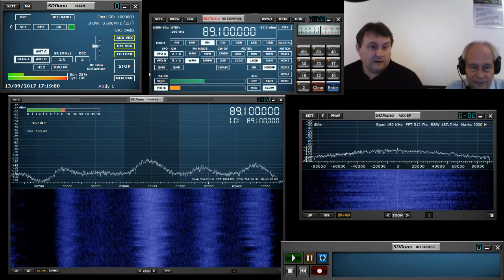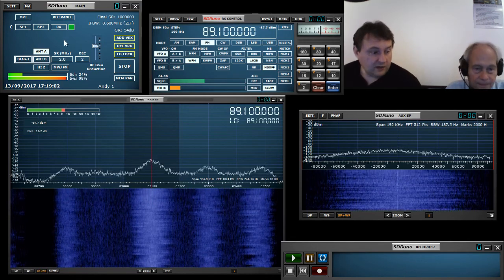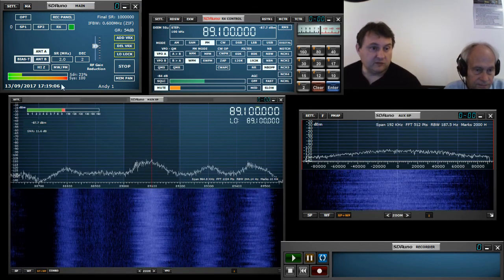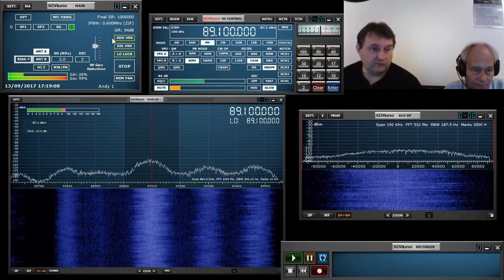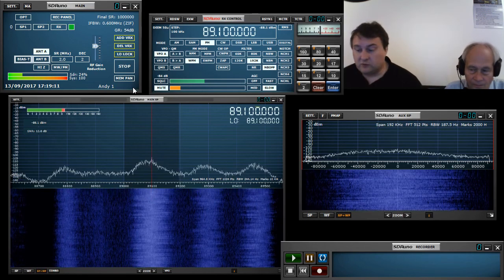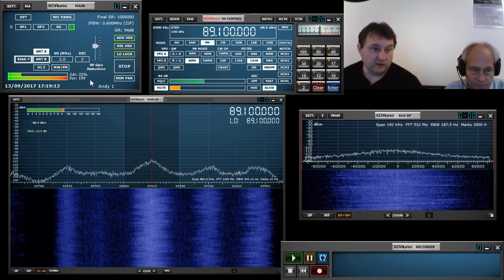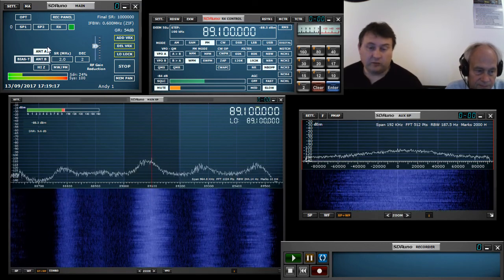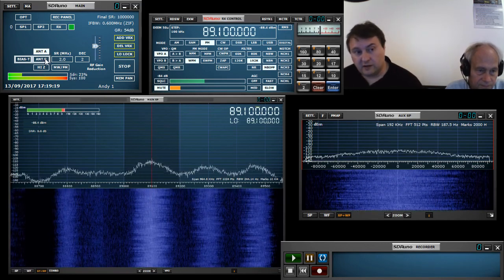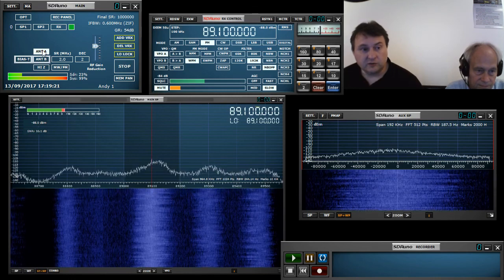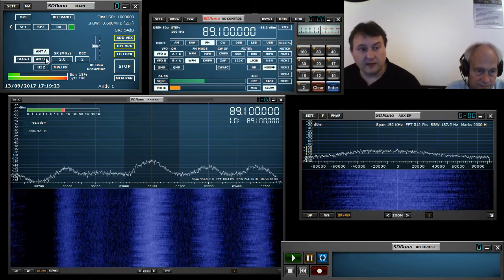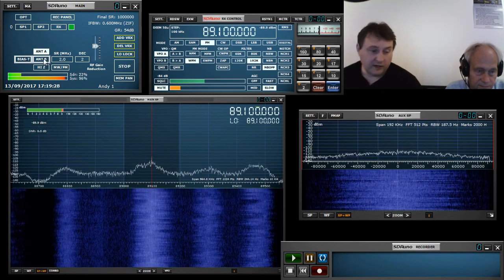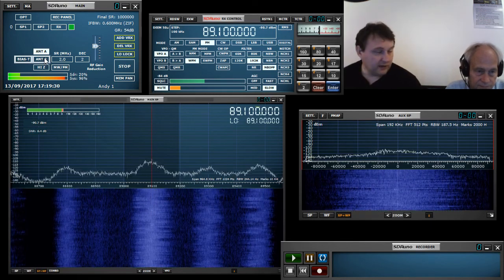Okay. Let's go back to the main window just for a minute. I just want to cover some of these buttons that we haven't really touched on. So the main window is where the RSP control is. The RSP2 has multiple antennas, so you've got the two SMA ports, which are antenna A, antenna B. Antenna B is the one nearest to the high Z port, the green plug connector, and then you have the